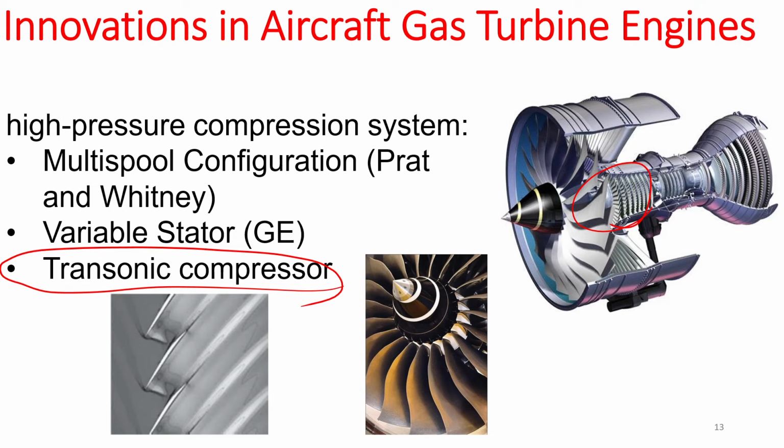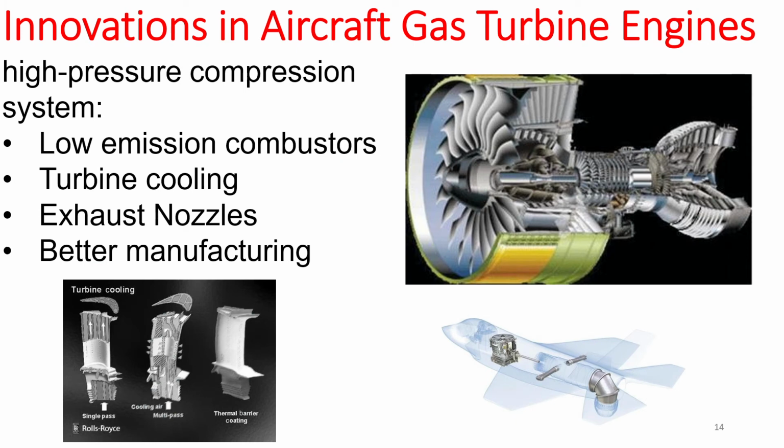But in the transonic region, we still need some sort of a compressor, and we need to be able to come up with a way to do this compression. So this is a very important part of transonic flights, supersonic flights. Okay,